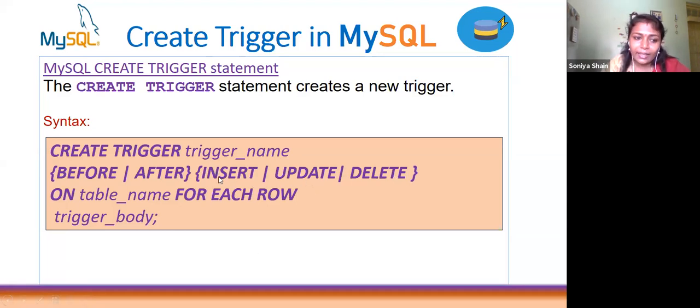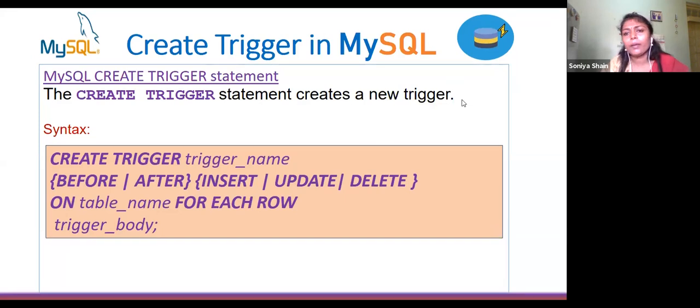So insert can happen before insert, and also after insert. Then next comes update. Update also happens before update, after update. And delete can also happen before delete or after delete. Like that, operations can be performed.